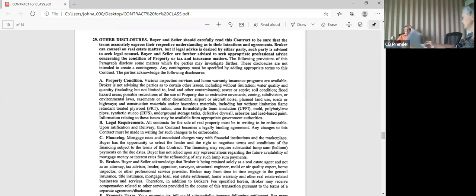The buyer and seller should read this contract to be sure that the terms accurately express their respective understanding as to the intentions and agreements. Here we're going back to a meeting of the minds. You have a property to sell. I want to buy your property. I'm making an offer, you've accepted, and we're going to go to closing. We've had a meeting of the minds. Right? And once that is done, then you, the agent, have to take the steps that are required to get